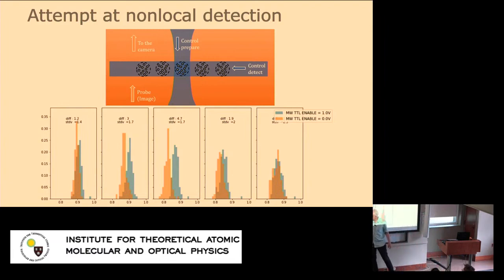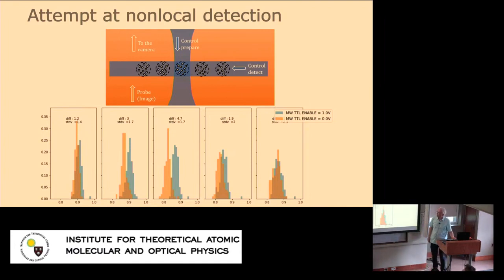If we prepare right inside the ensemble, we have something like 70, maybe 80% fidelity of detection of the Rydberg atom, as shown by these blue and orange histograms. And then you can see that there is an effect in the nearby ensemble, particularly on this side, but the fidelity at the moment is not very good. This distance, I forget now, is on the order of, I think, 10 micrometers or so. So basically, this is still detecting a Rydberg atom that is about 10 micrometers away from the ensemble. So the Rydberg atom is prepared here, and then we are measuring transmission through the left ensemble over there.